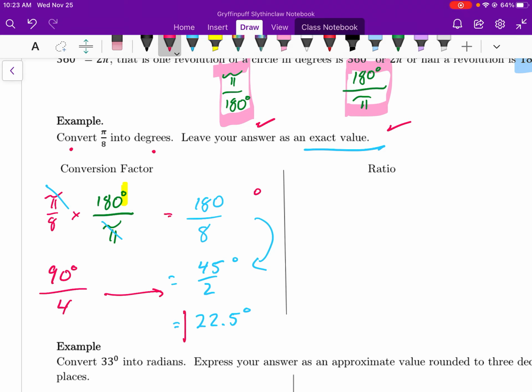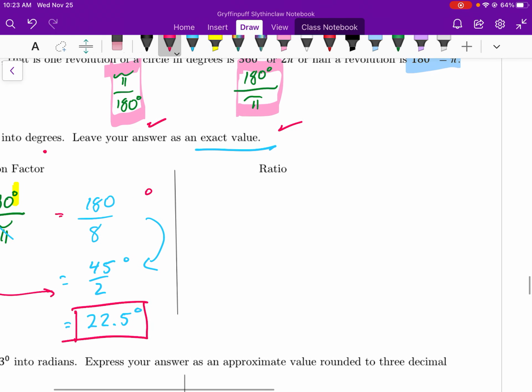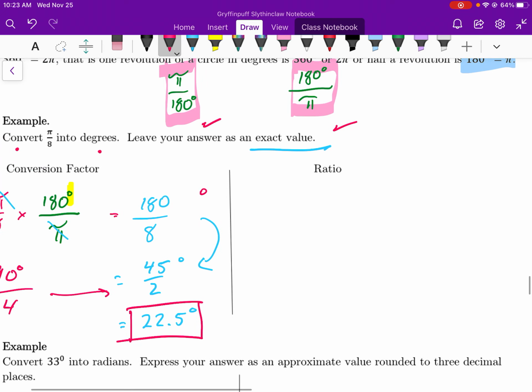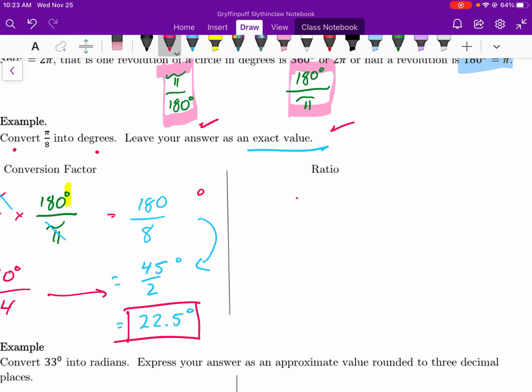There's my final answer, expressed exactly. So that's expressed exactly. Now I'm going to figure this out as a ratio. So I'm going to convert pi over 8 into degrees for a ratio. Now, I love ratios, but here,